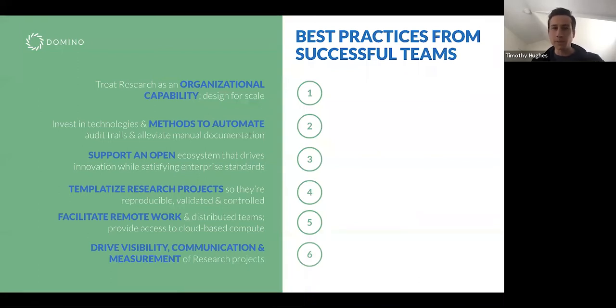And then finally, the last piece we would point out is that visibility, communication, and measurement are huge. Again, this is thematically touched on throughout all the best practices above. But as you take a step in your process, as you execute something, as you spin up a notebook, run a batch job, or explore some type of data set, by providing visibility and understanding of what you did, where, when, and how, you facilitate a process that encourages communication, measurement, and visibility in a way that allows you to satisfy